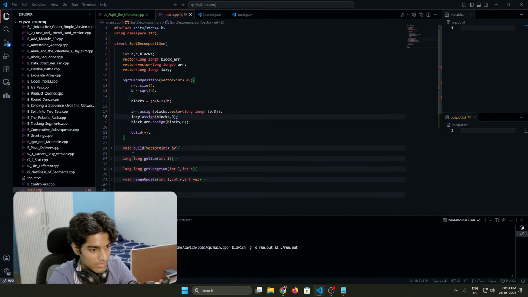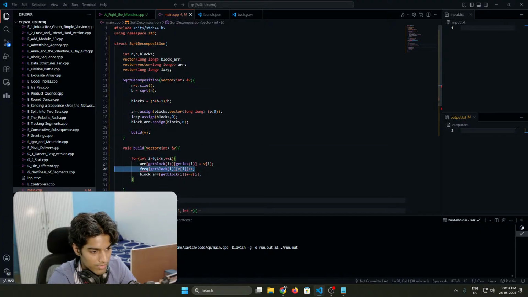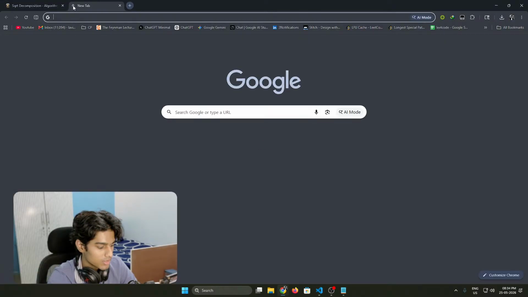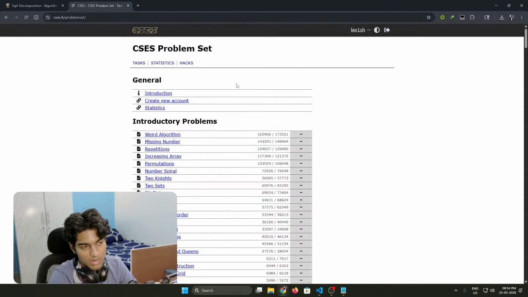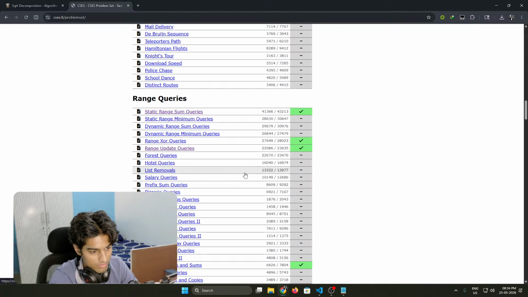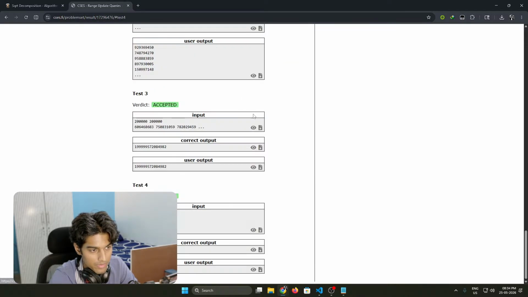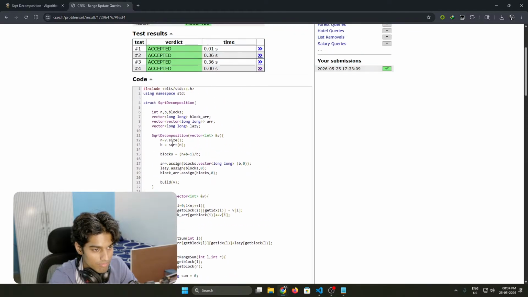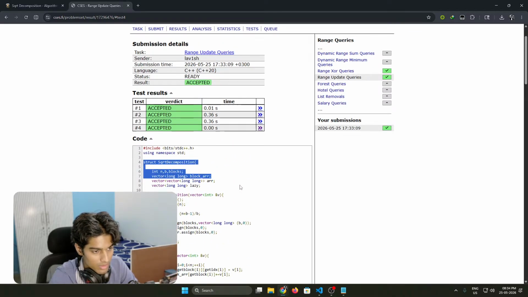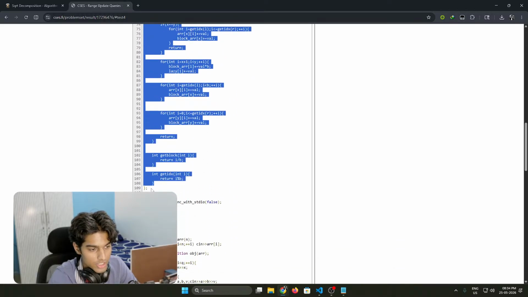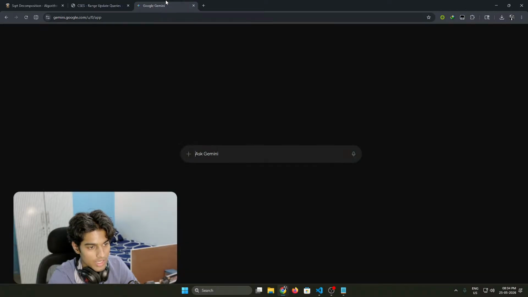Wait a minute. Let me remove all the frequency code. Maybe I have a better option. Where are RMQs? So range update queries. Go to my code. Yeah, there we go. But like this was point update. I believe range updates are also going to be fine. So let's also ask once like,